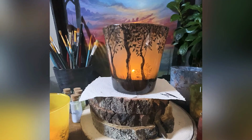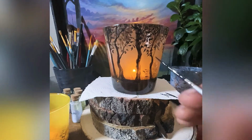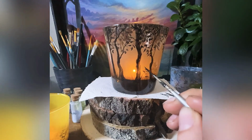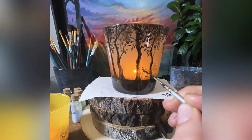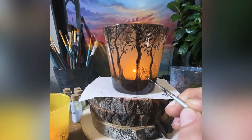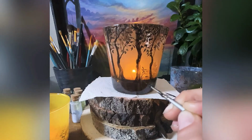Is glass your most favorite material to paint on, or do you also like to paint on wood, canvas, etc.? Well, I have to say my favorite is still oil. I've just been doing it for so much longer, and I have quite a lot more freedom. I do love glass, and it's been amazing to paint on something that has a natural light source. And I'm noticing the more I'm painting on glass, the more I like it. But I am still quite partial to oil painting on a canvas, just because